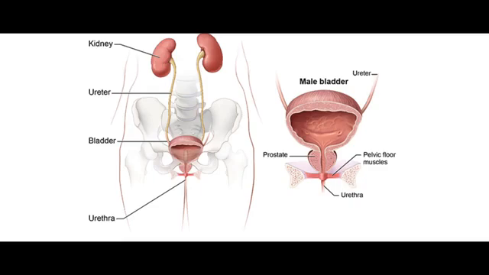In the case of females, the urethra and genital duct are separate, whereas in the case of males, the genital duct or reproductive tract and urinary duct are the same. The urethra passes through the common duct. It is called the urinogenital duct.